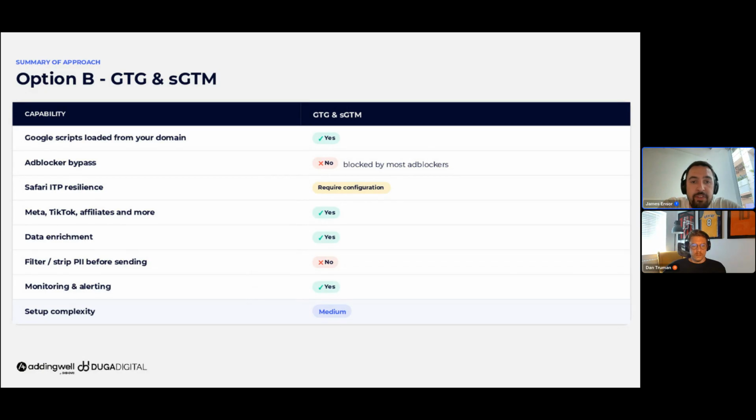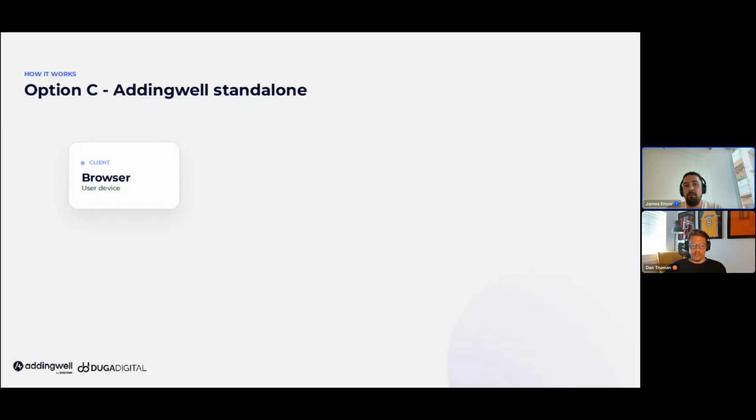But what you will see is the same data being passed through to your other partners that you're working with as well, because of the server involvement there for Google, and the other tags you can start to enrich. And then there is some monitoring alerting available as well. And we classify this as a medium level of complexity because there is configuration that needs to be done with the CDN as well. And the final option that we'll talk about is routing everything directly through the Addingwell